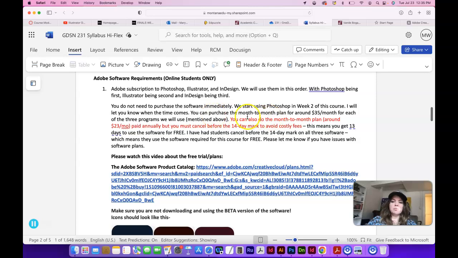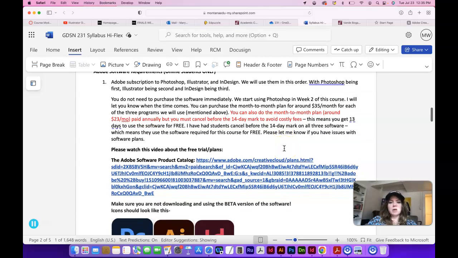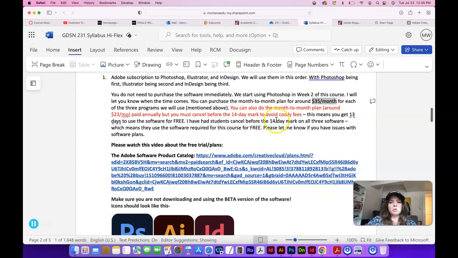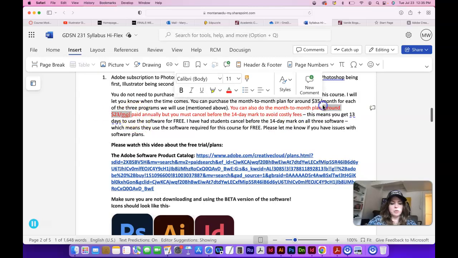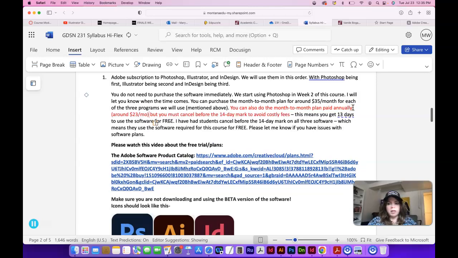I would suggest purchasing the month-to-month plan for around $35 a month, doing it for a month and then canceling it. You do not get any money refunded if you cancel before a certain period on the $35 a month plan. You can also do the month-to-month plan paid annually, which is around $23 a month. You can also do that, but you have to be careful with that